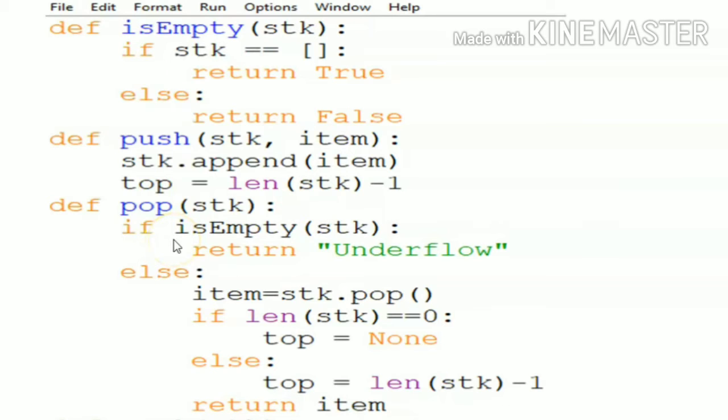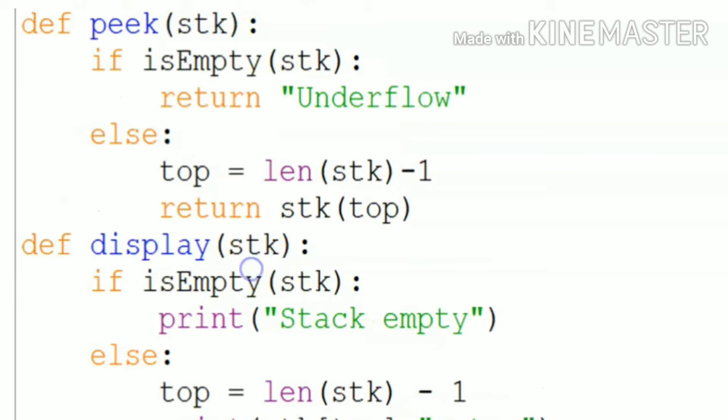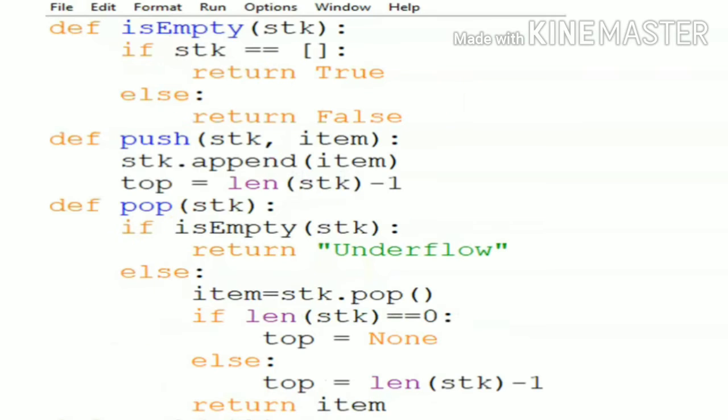Next function is pop. Pop of stk. Okay, here no need to add an element because we need to pop an element. That's why we are sending only this stk. So here first it checks is_empty of stk, because if the list is already empty then we can't delete an element from there. That's why first it checks whether the stack is empty or not. If the condition is satisfied, then it returns underflow.